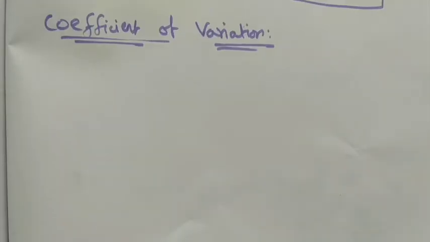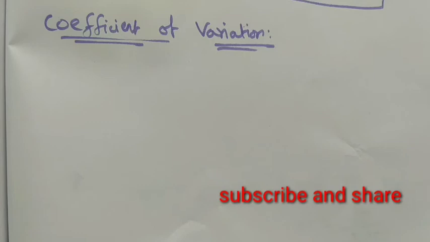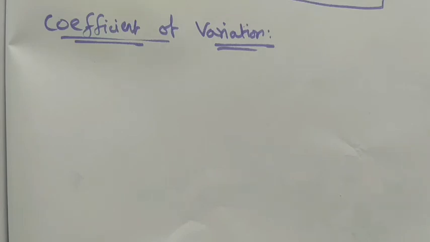And then finally we look at the coefficient of variation. Why are we finding the coefficient of variation? When two data sets have the same standard deviation value but the data differ, we need another way to find out which is more stable and more consistent. That's why we are finding the coefficient of variation.